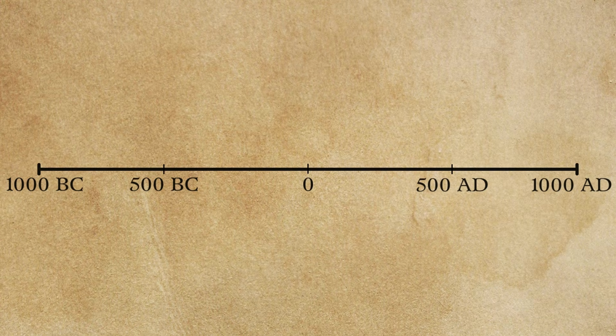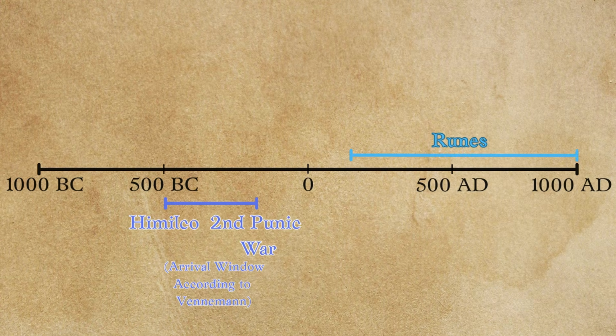Over 300 years would have elapsed between the arrival of the Carthaginians in northern Europe and the earliest documented appearance of the runic script. Furthermore, there is no archaeological or historical evidence to support Vennemann's claims. For these reasons, Vennemann's theory hasn't found much support in the scholarly community, although some experts think it possible that a Semitic alphabet shaped at least some of the signs of the Elder Futhark.